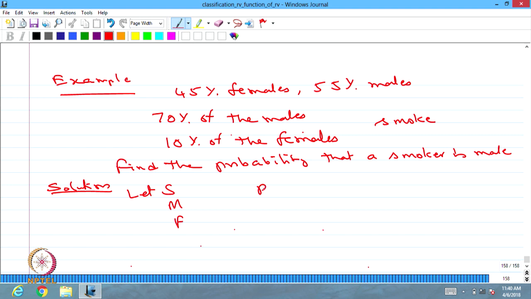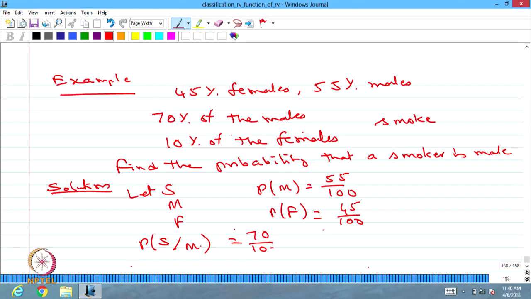Therefore, you can find the probability of M, that is 55%, so 55 by 100. Probability of F is 45%, so 45 by 100. The probability of S given M is 70 divided by 100. Similarly, the probability of S given F is also given, 10%, so 10 by 100. These are all the given information. Now, the required probability is